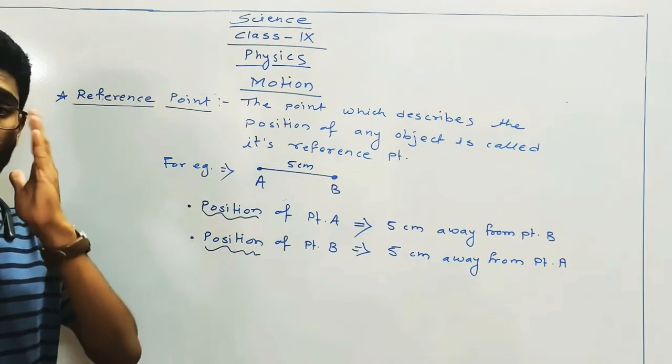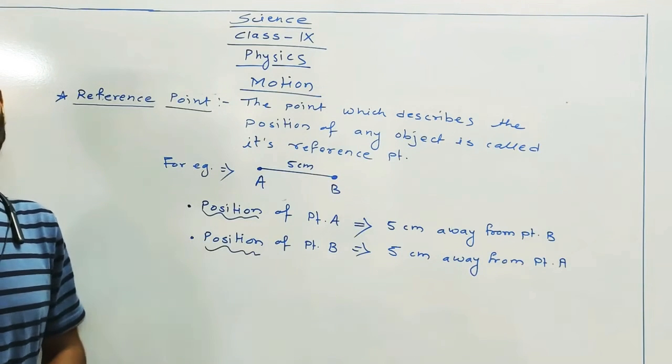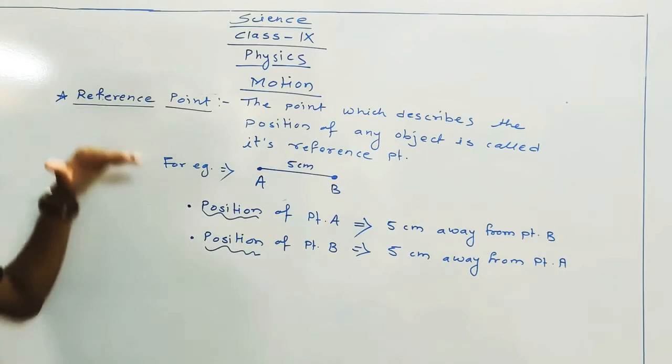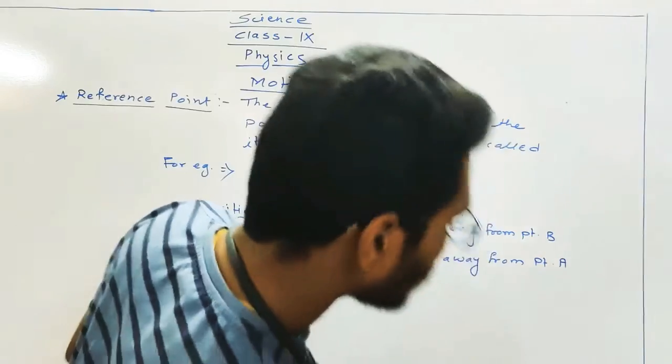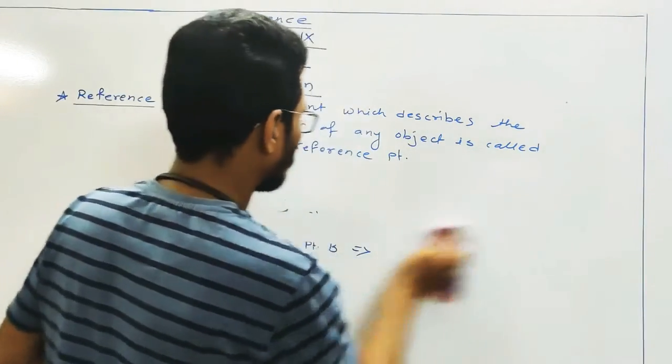If the position is confirmed, then we can find out whether this position is going to change or not, whether that object is in motion or not. So is it clear about reference point? Yes. If we take another example, for example,